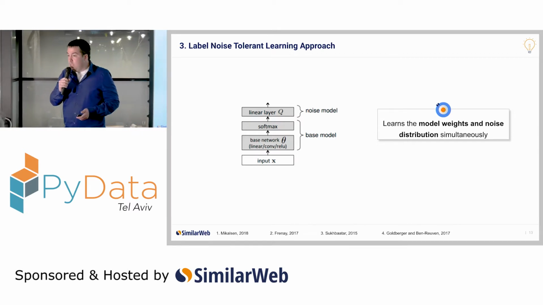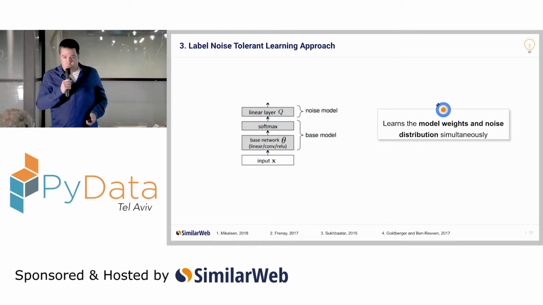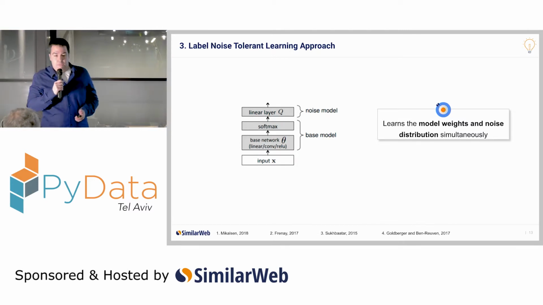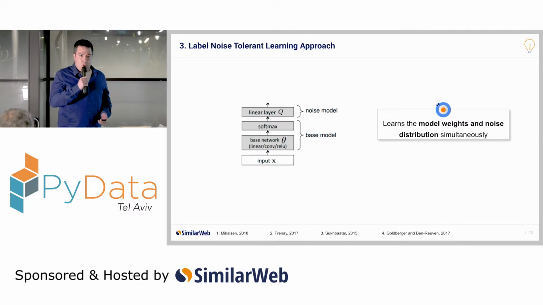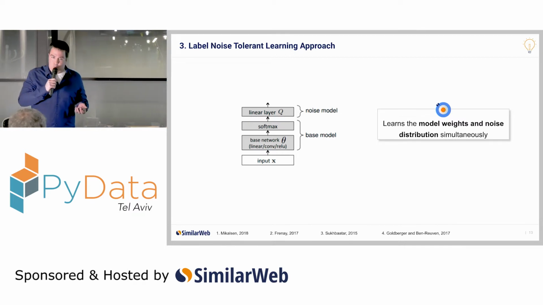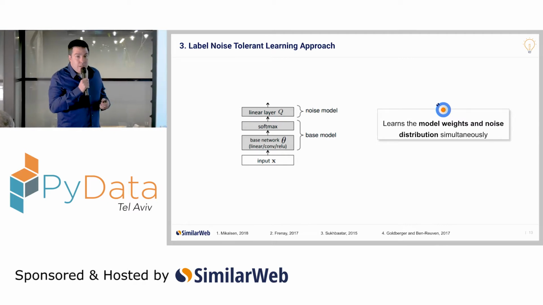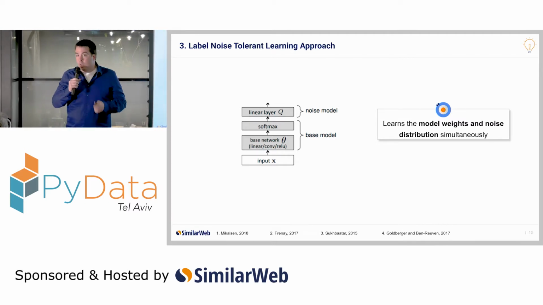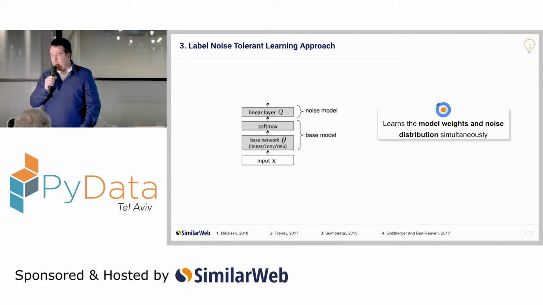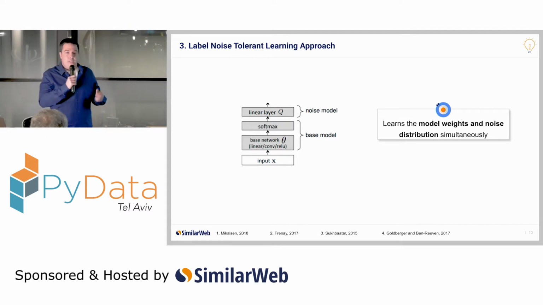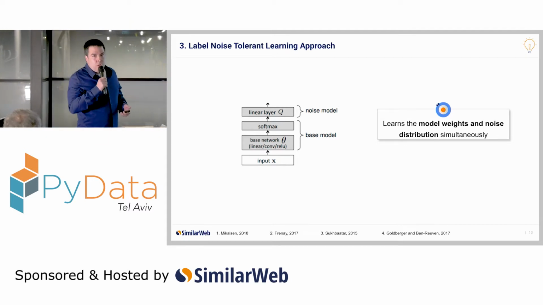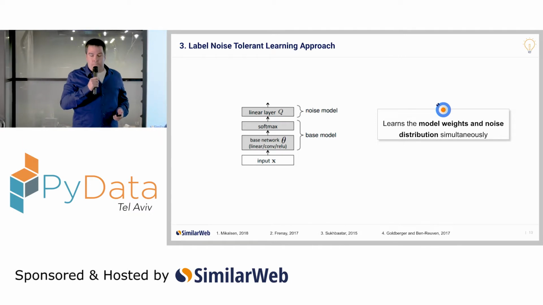A different approach is to use a parametric approach. If you can assume that the latent structure of the features is indicative of the true label, you can use both the features and the noisy labels in order to model the true labels. And by so, you use a semi-supervised approach to handle the label noise in the data.